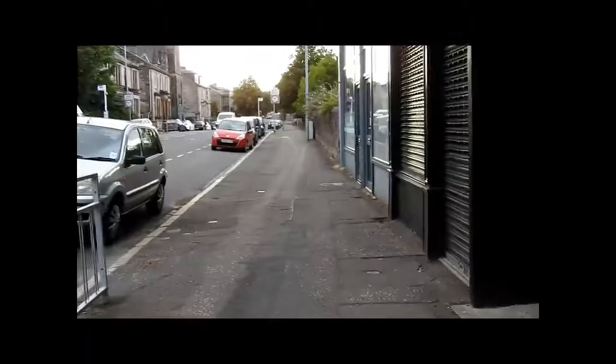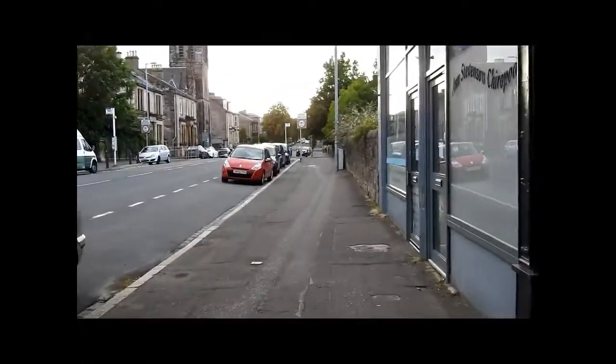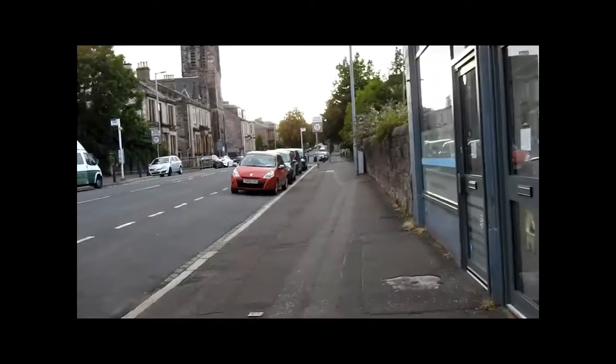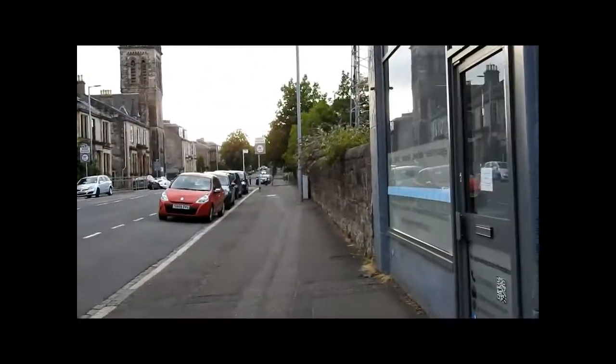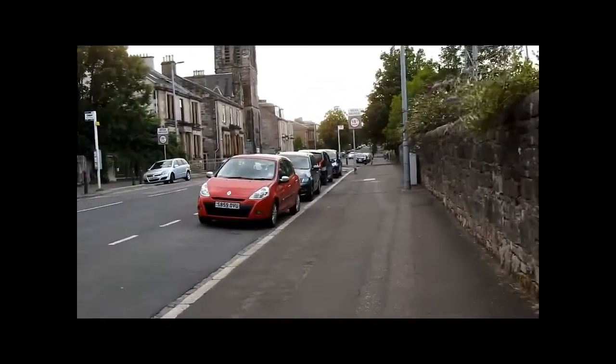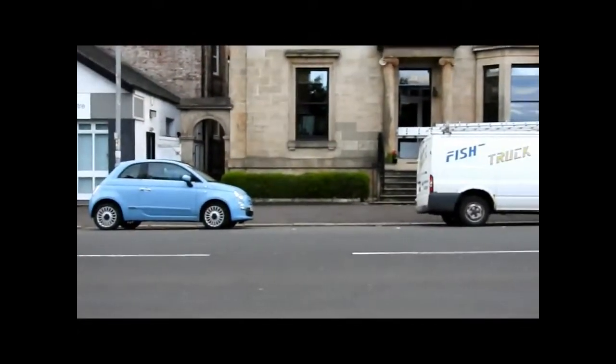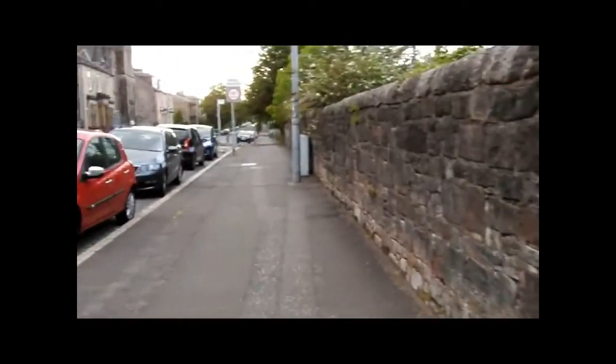These ones on the left I'm going to show you are mid-1800s, and the one on the right, which I'm going to show you in 2 minutes, was early 1800s. You can see one just across the street there, that there's an archway. I'll maybe walk back that way. It's quite weird